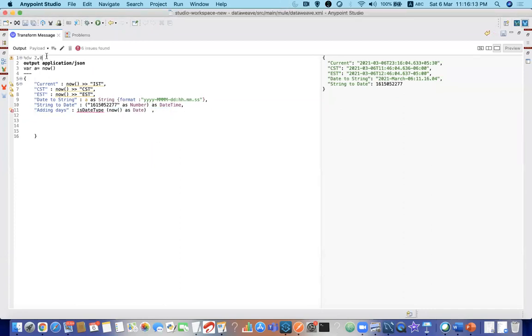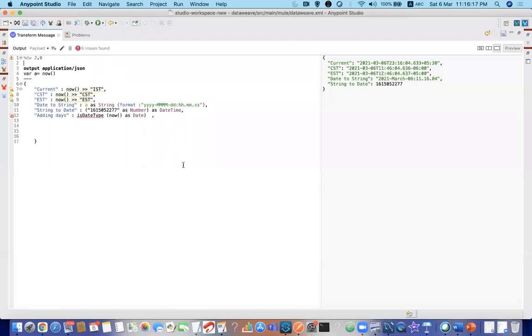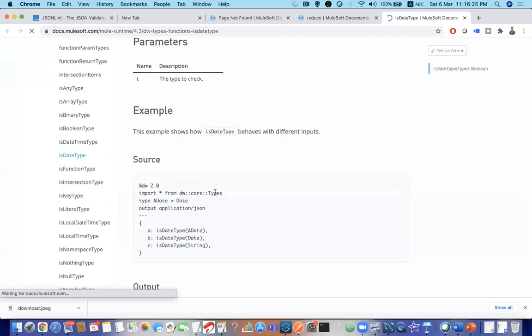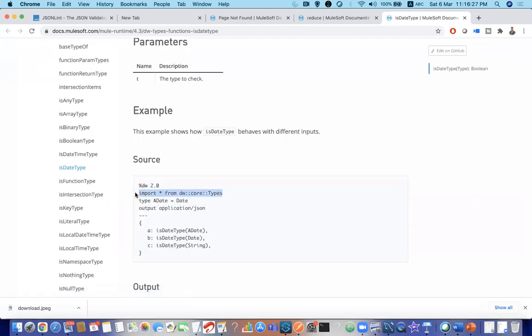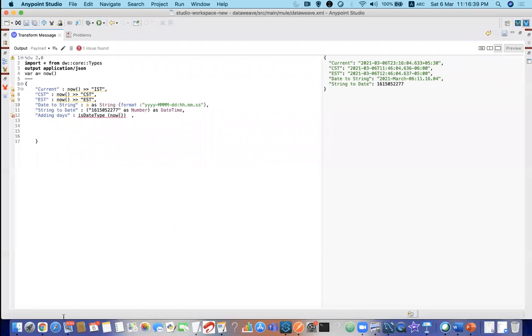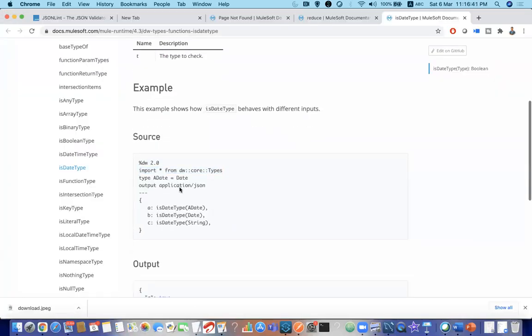I think we need to use some libraries over here. I guess I need to add something here. Import some library and use that date type. You have to import it from the type module. So where is that? This one. Sorry. Cool. Anyways, we have that link. You can just check it out.